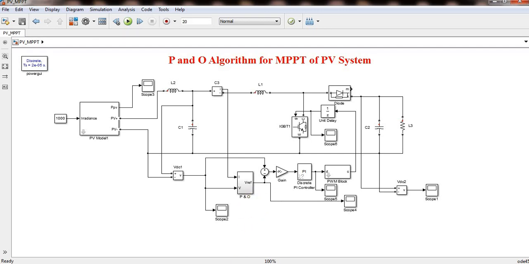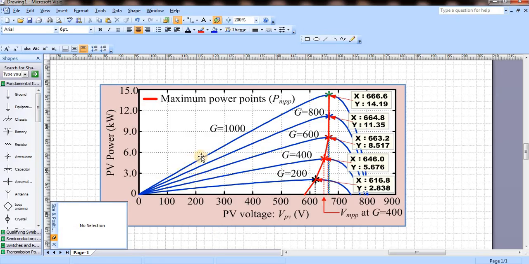The simple thing: if my power is increasing, like if I operate at 200 and then operate at 300, the power will increase. So I will check whether power is increasing, then I can move forward to increase my voltage. Once it is reaching this point, the power will start to reduce. Even though voltage is increasing, current will reduce, because of the PV characteristics, voltage and current are dependent on each other. So power will reduce. Once power is reducing, then again it will come back.